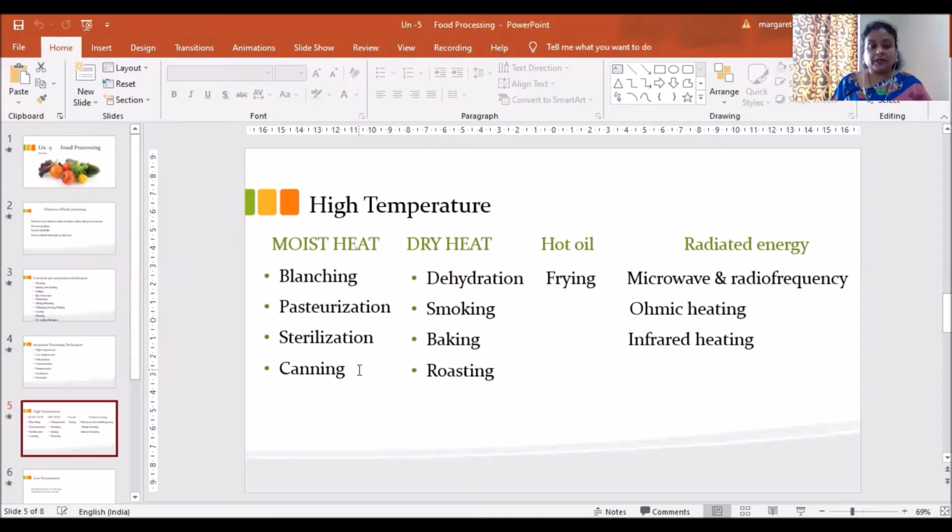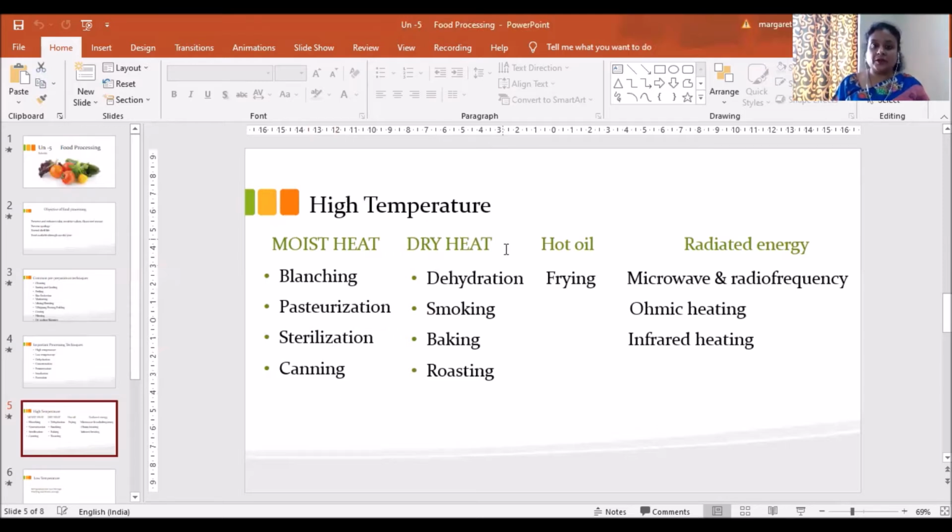The canning method is specifically done to kill the microorganism Clostridium botulinum, which is found in canned food. Because of pinholes, springers, flippers, etc., this bacteria can enter the can. So you first vacuumize the can, then put the product into the can, seal it completely and label the can. These are the high temperature methods using moist heat, such as blanching, pasteurization, sterilization, and canning.